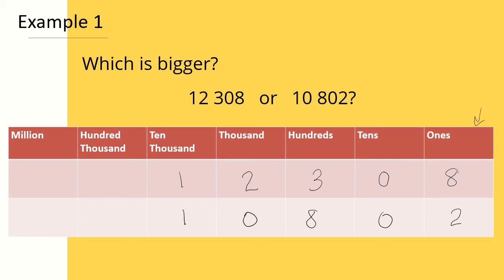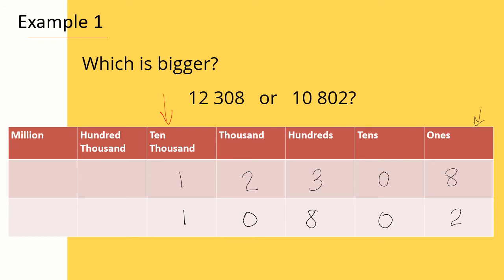Now, our highest place value here, what we have is 10,000. So let's focus on 10,000 first. Okay? So let's focus the ones right here. I'm just gonna write a line here. So we are focusing on this side here. So it's 1, 1. 1 and 1, they're equal. You can't really compare which is bigger and which is smaller. So moving on